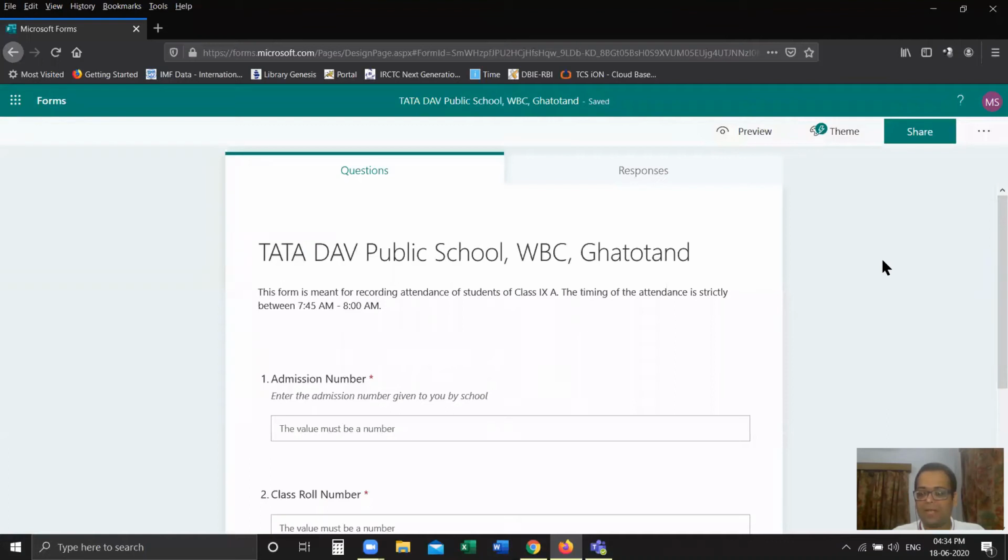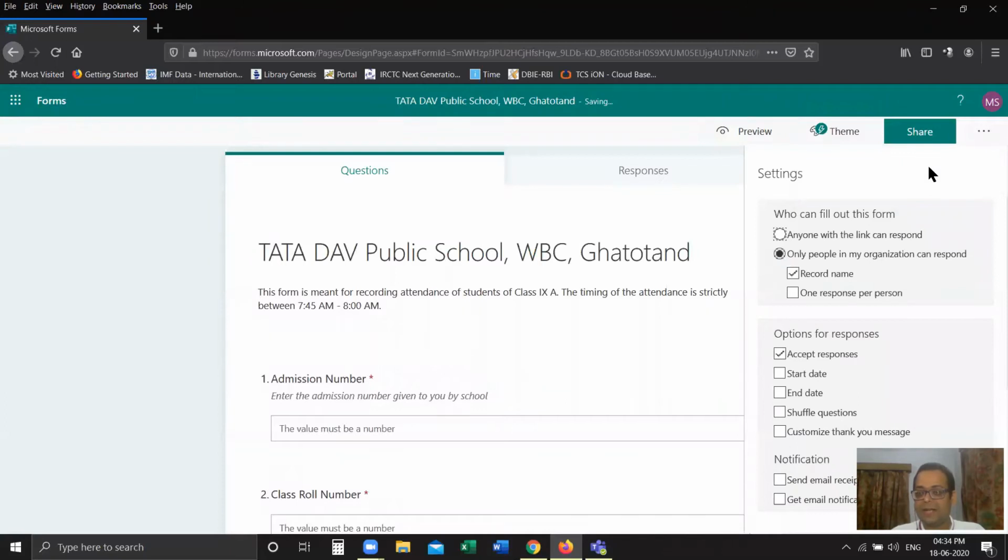Now for that, what will I do is that I'll go to the 3 dots on the top right corner here, click on this, and we have settings. The moment I click on settings, now there are these options available with us. So what you have to do is first click on this, who can fill out this form. So anyone with the link can respond.